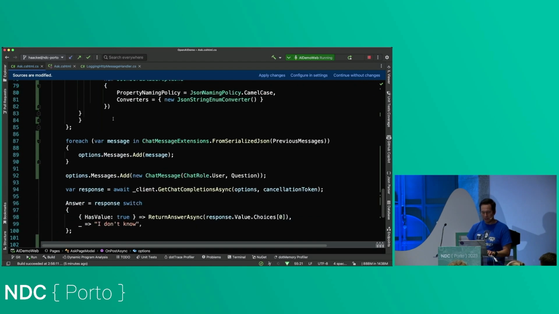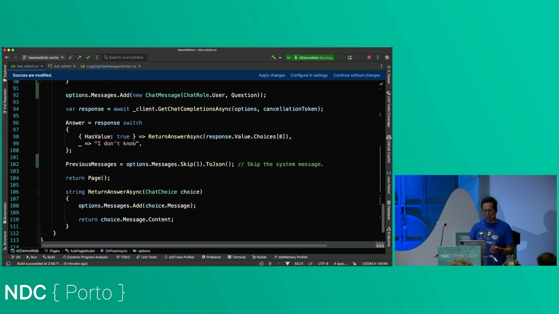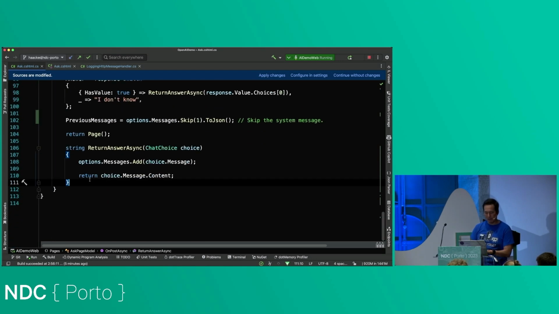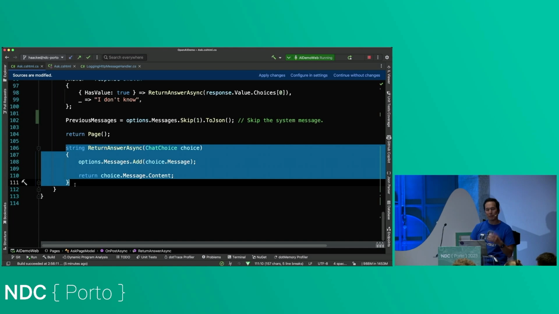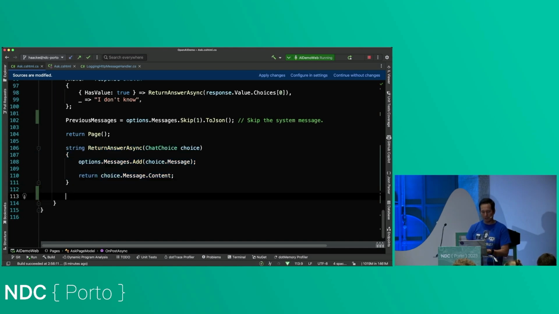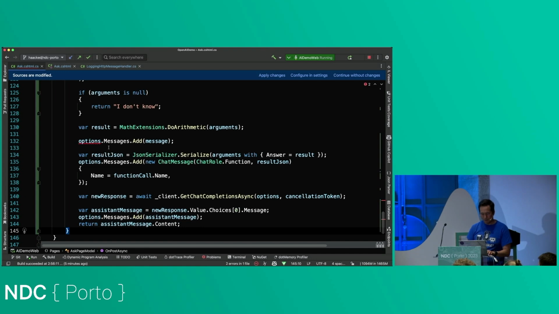And now the thing I have to do is, OK, I've told it about this function. So when we ask it an arithmetic question, it's going to respond back saying, oh, you asked for a function call, and it's going to give us JSON. So we have to look for that, and then we have to respond to call the function. So I'm going to write a method. Notice here, return page, I'm using a method within a method. So we're going to call CallFunc.